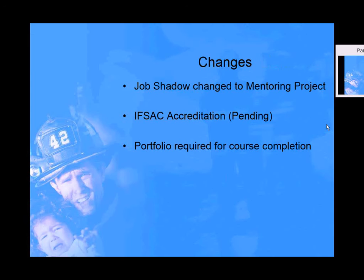There is going to be a portfolio that the students are going to be required to complete, and basically it's all done through the class, and we'll go over that. But the portfolio is going to be required for course completion, not just for certification, but for course completion as well. So if somebody is taking that course and they don't want to become certified, they just want to take the course, they're still going to have that portfolio complete,